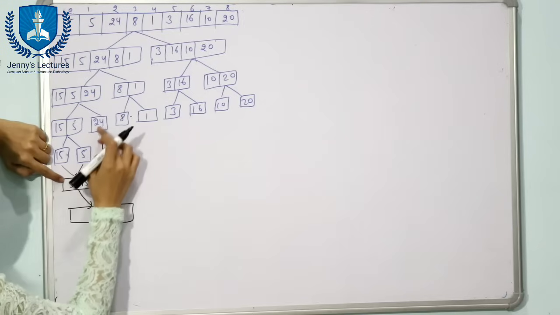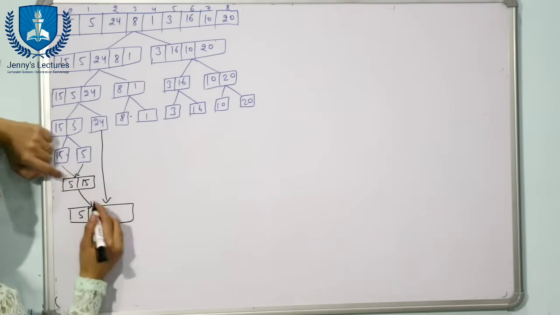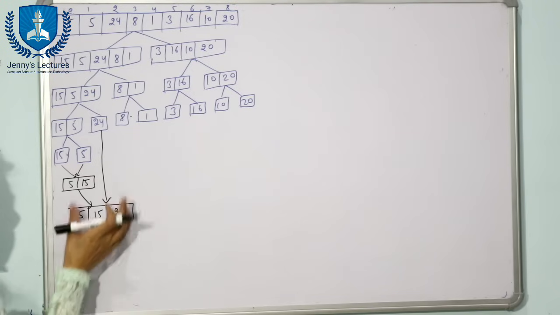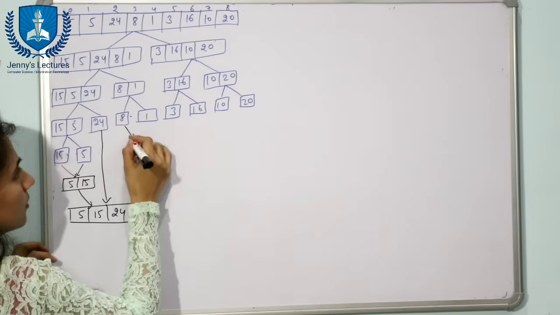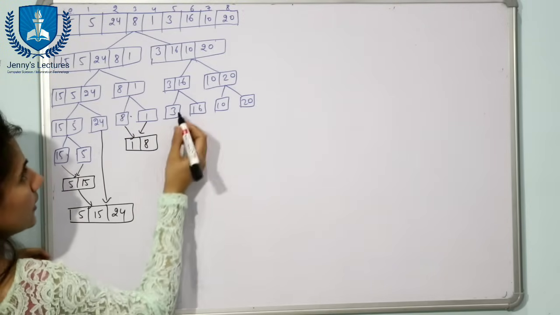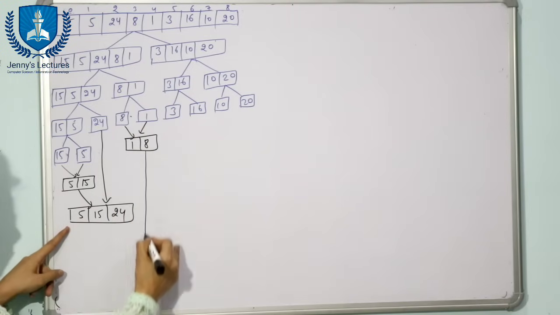In one sublist we have 5 and 15, in one we have 24. Now compare 5 with 24. Which one is less? 5. So we will put 5 here. Then 15 with 24. 15 is less. Then we are going to put 24. This is the new sublist now. Now 8 with this 1, and the new sublist would be 1 and 8. Now this with this 1 and 8. So finally